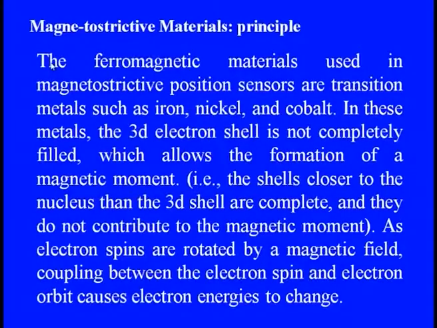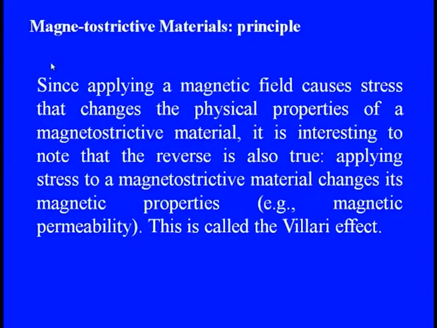So, as the electron spins are rotated by this magnetic field, a coupling between the electron spin and the electron orbit in the empty space is certainly causing the electron energies to change, and this change of energy is clearly shown by the exchange feature. And since we are applying the magnetic field and causing stresses, there is a clear change in the physical property of the magnetostrictive material. So, we need to see, if we go in the reverse way,